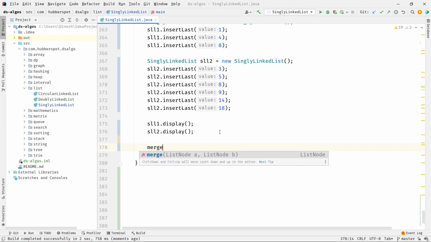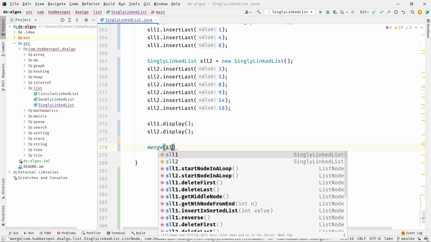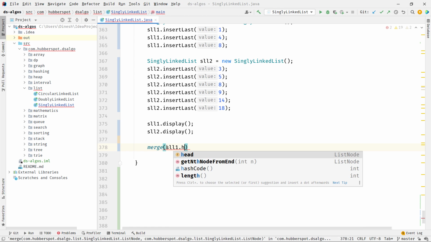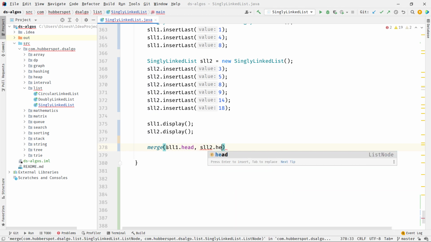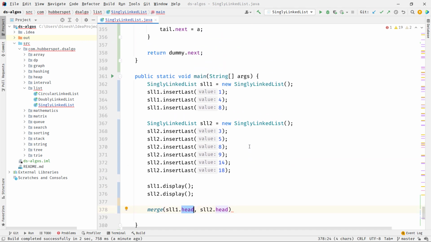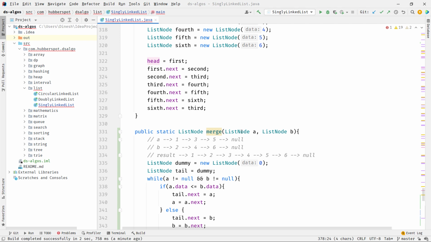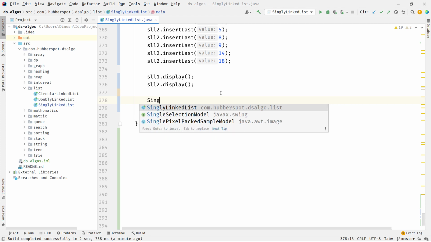So now we will call the merge method, and as we need to pass the head of A and B, we'll do a dot head and b dot head. So we have passed the head of both the lists because this method takes a list node, and this method will return us a list node representing a singly linked list which is merged and sorted. So here we will create one more singly linked list.